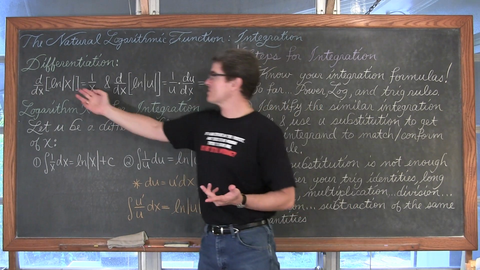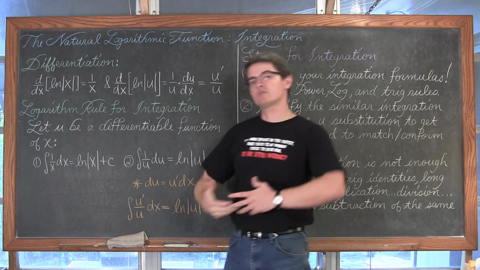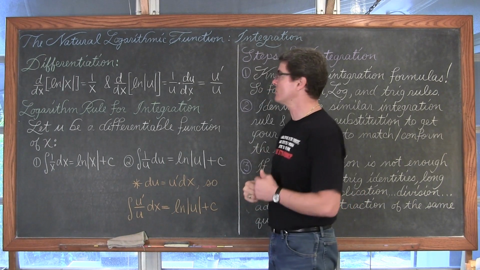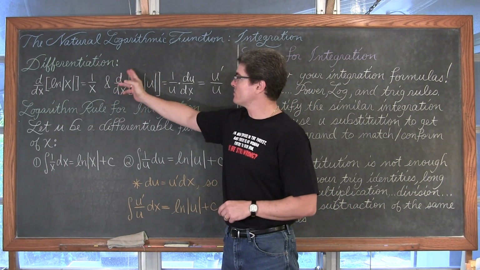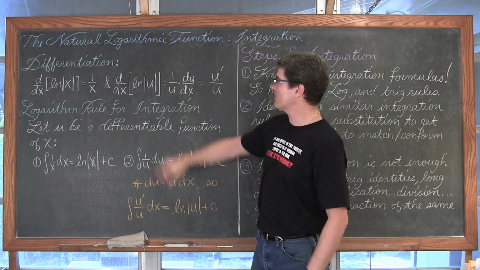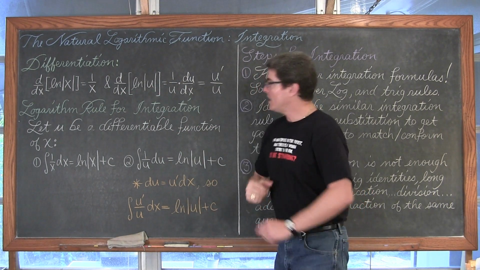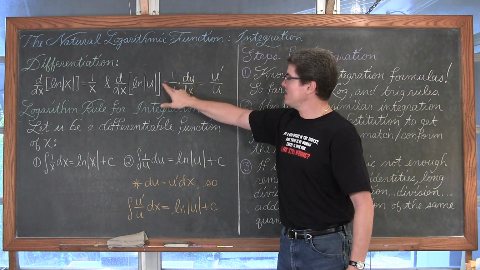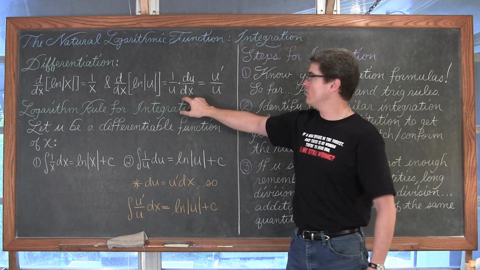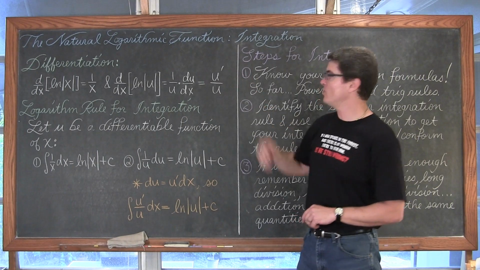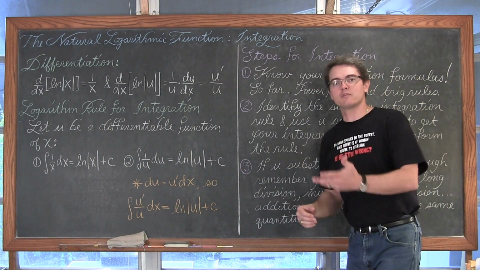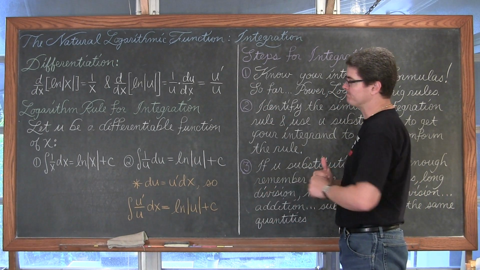Now, we don't always, of course, have just a simple x inside of our function, so we talked about a lot of u substitutions and included that with our examples, so we'll be looking at that with the integration as well. The derivative with respect to x of the natural log of the absolute value of u, again setting up that u substitution, is equal to 1 over u times du over dx, or the derivative of u with respect to x, and that simplifies to just u prime over u. Okay, well that's review, right? So now we're going to be going in the opposite direction.